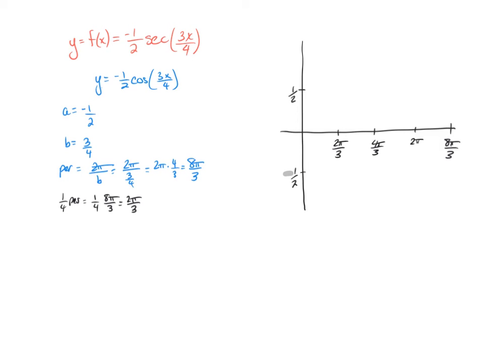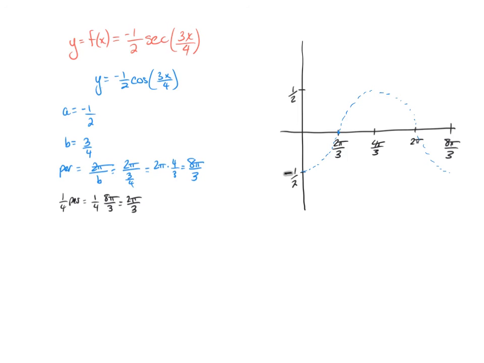Let's start our cosine curve so that it's down here at its negative 1/2. 1/4 of the way through the period, it's going to be at 0. Then it's going to be up at its max. And then it's going to be back down to 0. And then it's going to have its min. So just like we did last time,